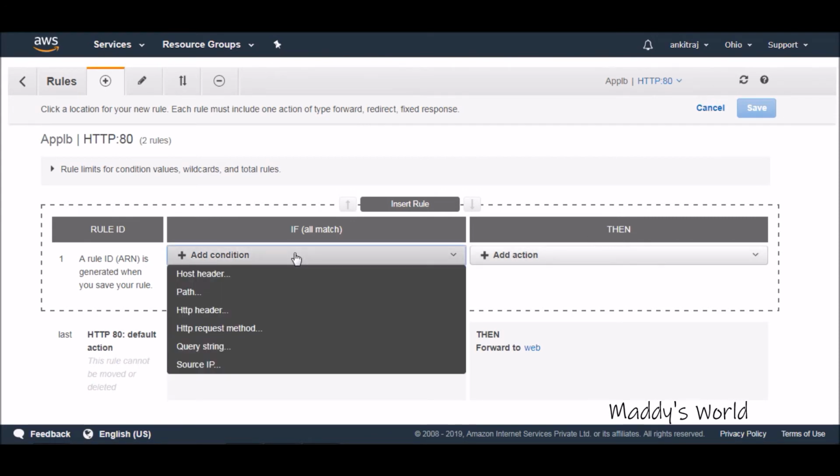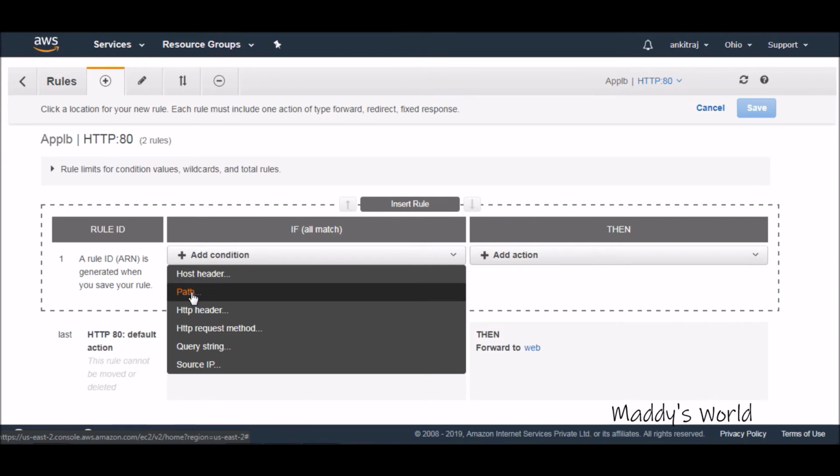So just click on the condition, right? Here we have multiple things. We can add multiple conditions here. Host header, if you have a host header, that will be provided by the developers. If you have a path, then you can add the path. If you have HTTP headers, then you can add your headers. Those will again be provided by the developers. HTTP request method, that means GET, PUT. If you have that available, you'll have to sit with the developer for this. If you have some query string or some source path, you can use that. So you can use multiple things here.